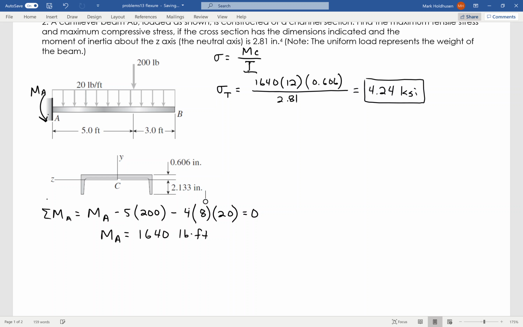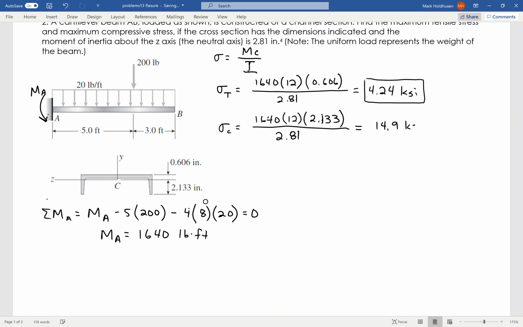Okay, so the maximum compression is going to be at the bottom, because as it bends down, that bottom is going to be pressed in and contracted, right? So the only thing that changes here is that C value, which will go to 2.133. So again, my moment is going to be 1640. Take that times 12 to get it into inches. And again, my C now is going to be 2.133. And then the moment of inertia, which was given to me, is 2.81. And I can find my maximum compression then to be